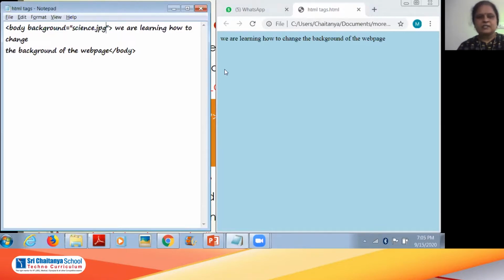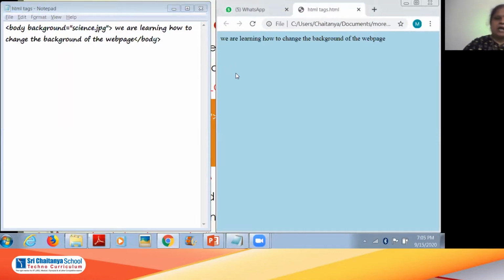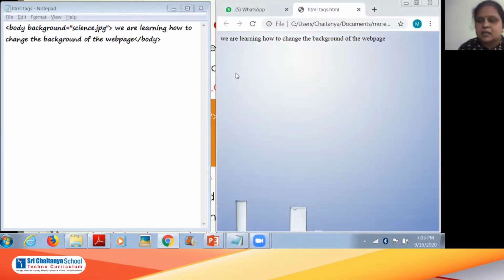This file is already saved in my computer. So that file name I'm giving here, and I will just save that and press F5. You can see this image is set. You can see the beakers of the science image down there when you scroll down. This is how we can apply an image also to the background.